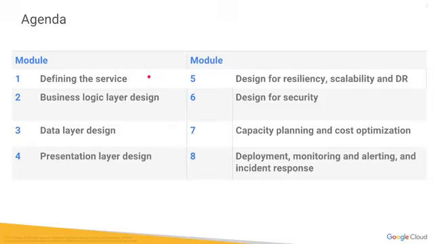So looking at the agenda, we're going to have 8 different modules that we'll be covering, from defining the service, what is that exact process, and then creating that business logic layer. I mean, this can all be done on paper before we ever even actually start to deploy actual resources. Identifying the data layer and the presentation layer. So a lot of this is just simply planning, thinking about business logic, and identifying what services we may utilize. Then, as we start to either virtually or actually break it, depending if we've deployed or not, we're going to start to build it stronger, designing for resiliency, scalability, disaster recovery.